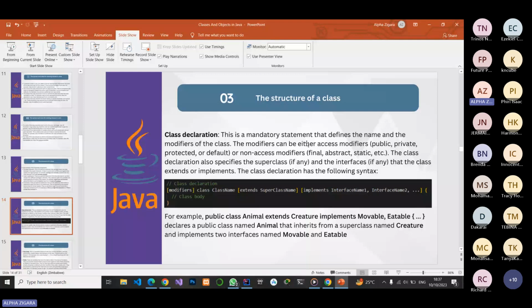So you start with the modifier, the access modifier. That's the public keyword or private keyword, protected or default keyword, or the non-access modifiers, which are final, abstract, static, just like that. Those are modifiers, followed by the class keyword. The class keyword is written in lowercase, class, then followed by a class name. Then after the class name,